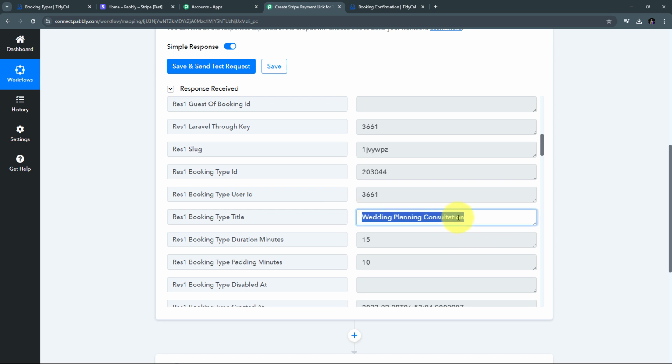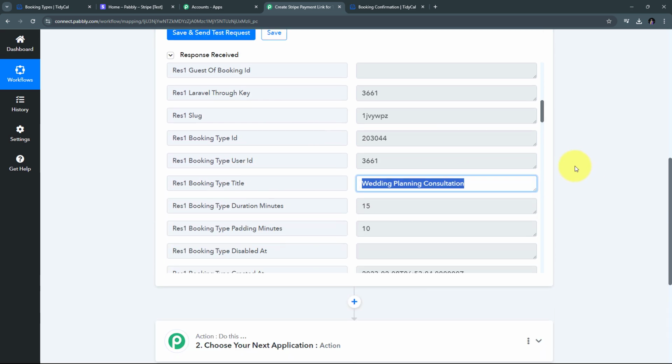So here for my objective, what I'm going to do is set up a filter or a condition so that if I receive the booking for this particular event, then only will I create the payment link in Stripe for that particular booking. So here for setting up my filter, what I need to do is set up my actions